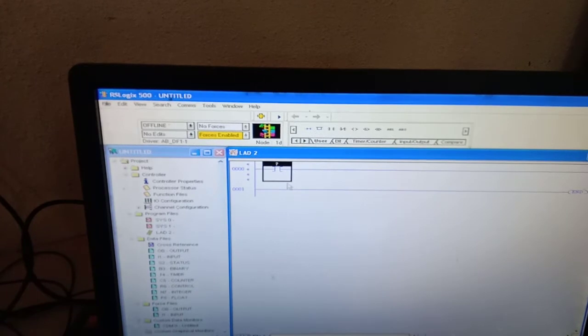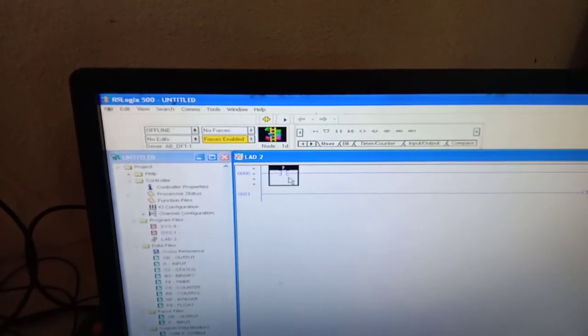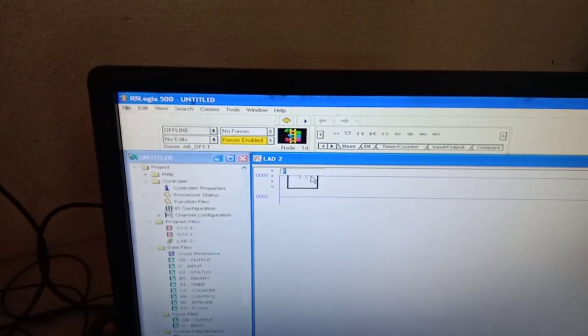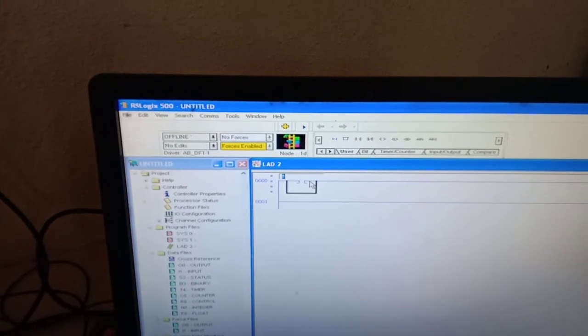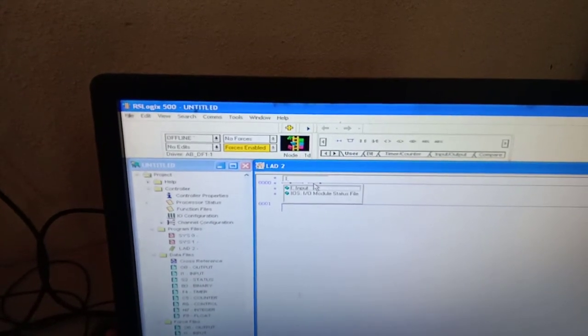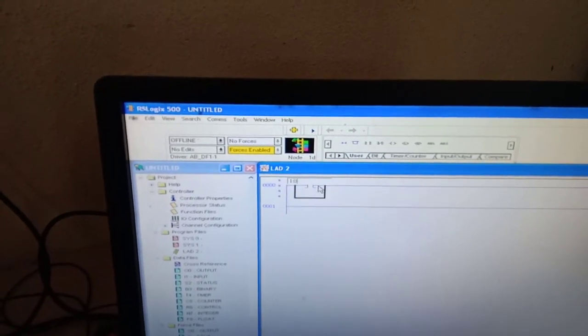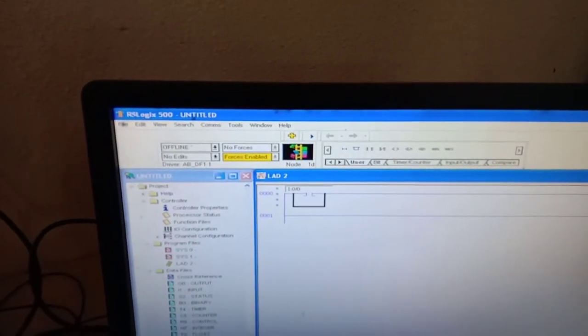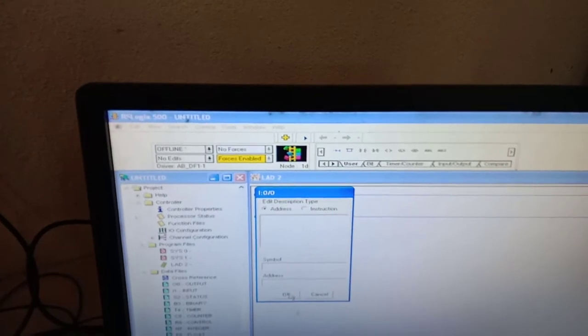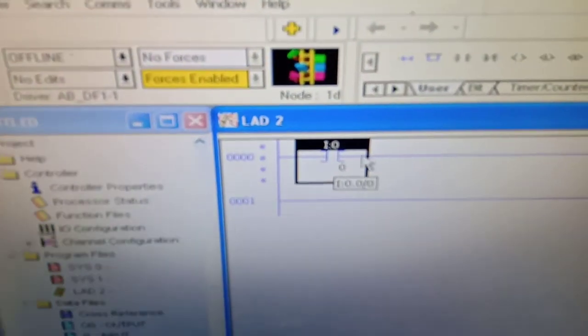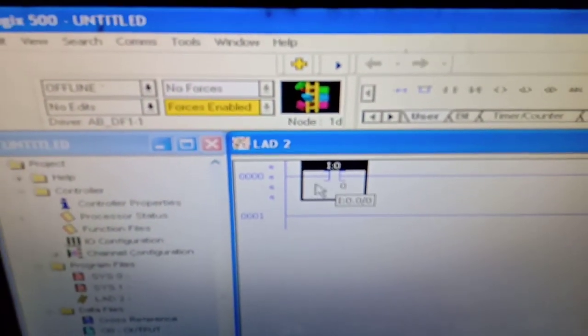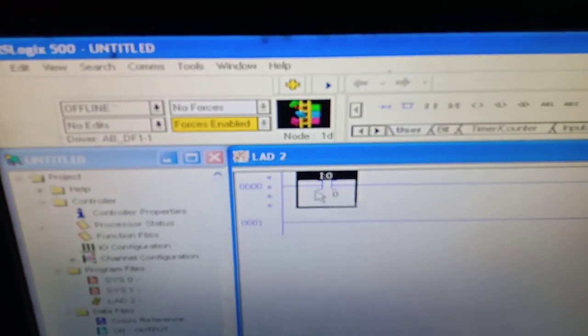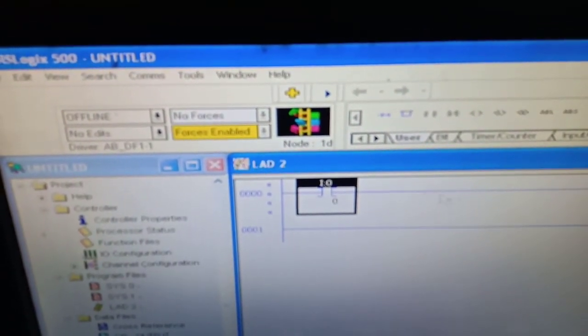This is normally open. We will receive the input. This is input I, and now we will receive the input at the 0 pin. So this is 0/0. Right now it is normally open. When we close the 0 pin, then it will become normally closed and it will supply the current.